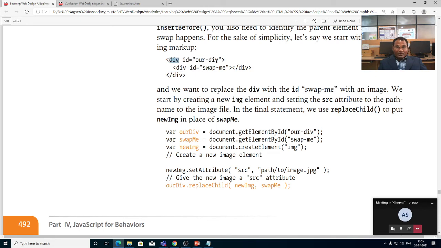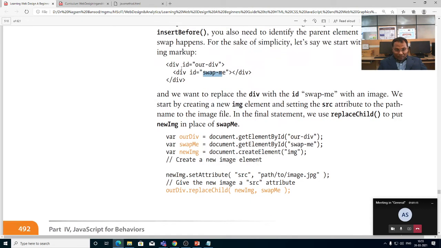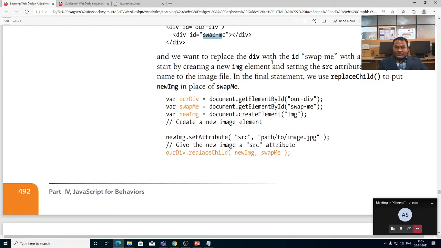Div id our id, and div id equal to swap me. There are two divisions, one our id and one swap me. We will use replace child to replace the div with the id swap me with an image.